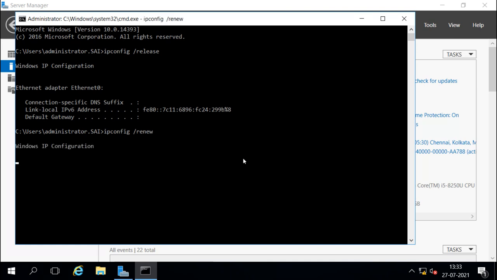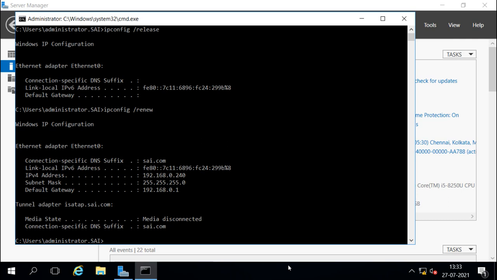Now when it tries to renew, it will get the reservation IP, the IP which we have reserved for this machine. So it is trying to renew, and it will get the same IP which we have reserved. Now it has renewed the IP address, and what we are getting here is 192.168.0.240. So this is the reservation we have done.